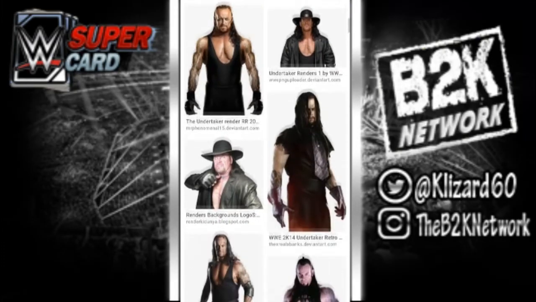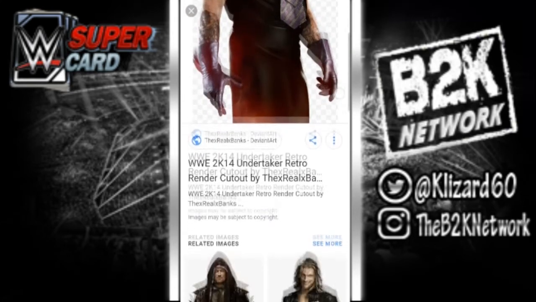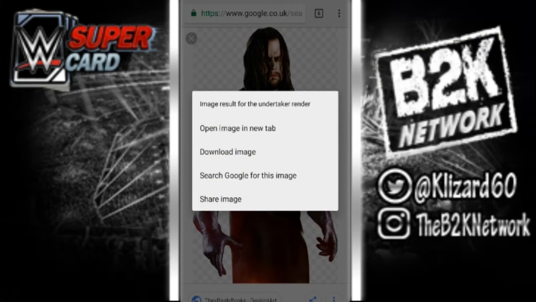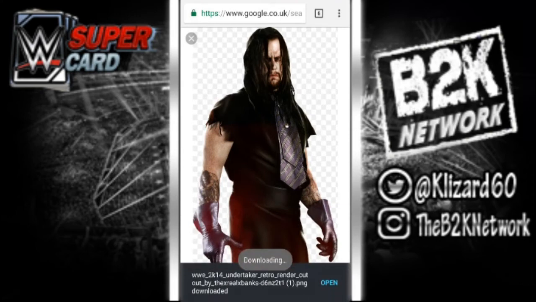So all you need to do is pick the picture. I think I'm going to go with the old school Undertaker because that looks great. Just need to hold down on the picture and it will pop up a message and download it. There we go. I've already downloaded it, but it's way down my phone probably, so instead of searching for it,